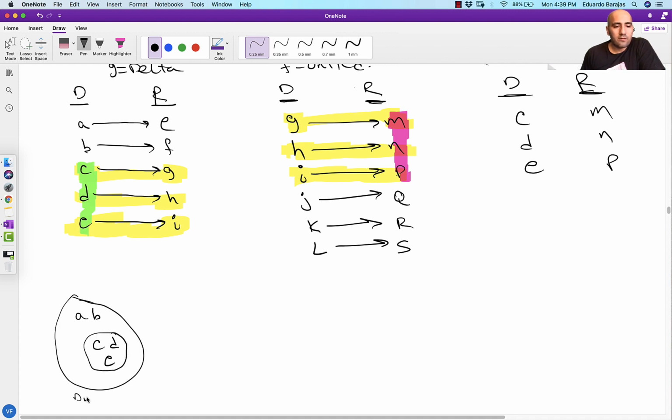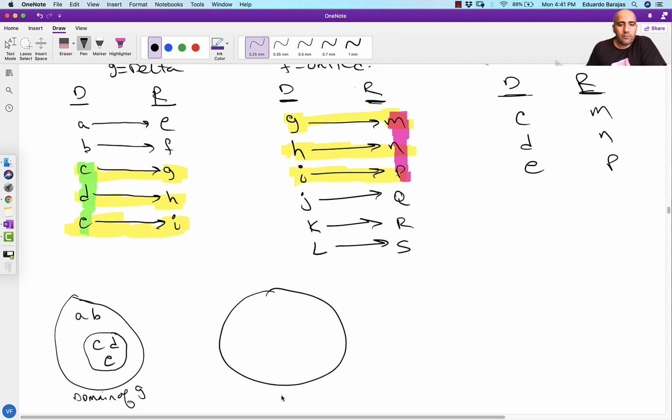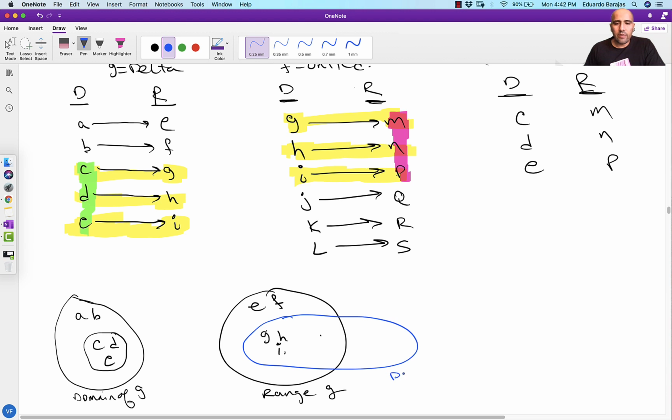And this is the domain of G, and that would lead to a range of G that has these values. So there's an E and there's an F in there, and then there's these other range values, the G, the H, and the I. And then there's an overlap. In fact, this is the domain of F,